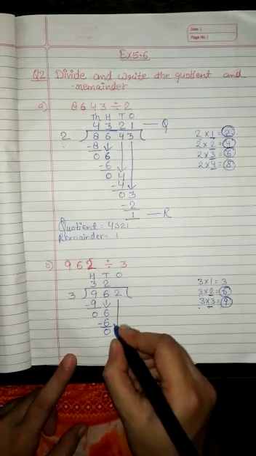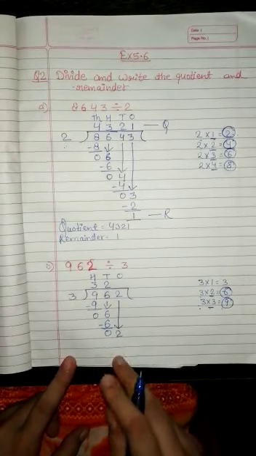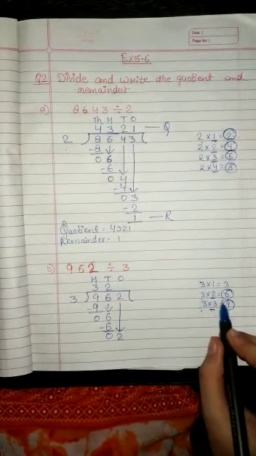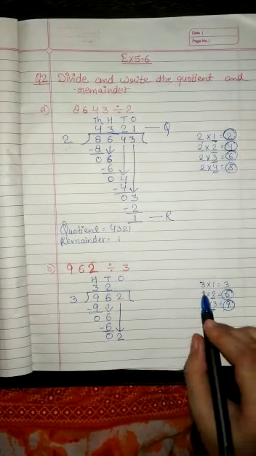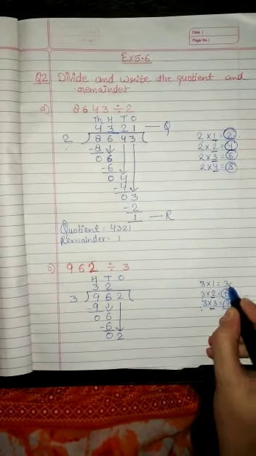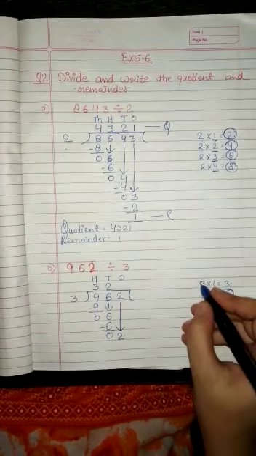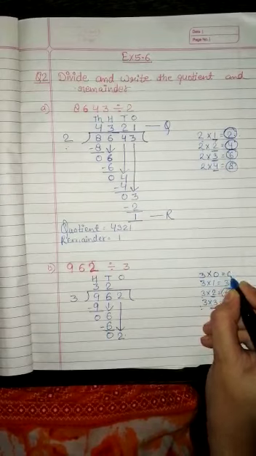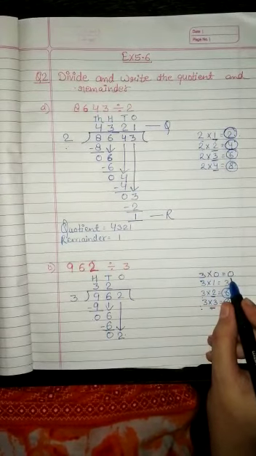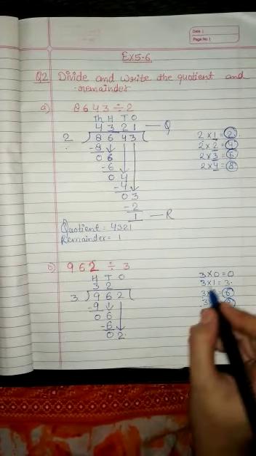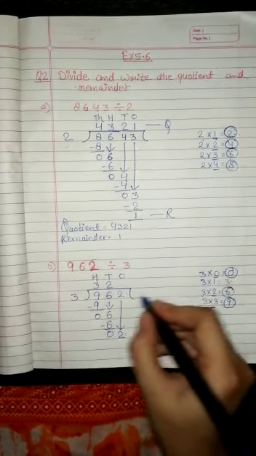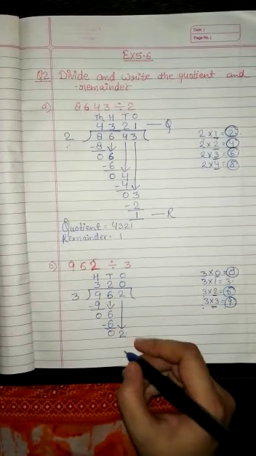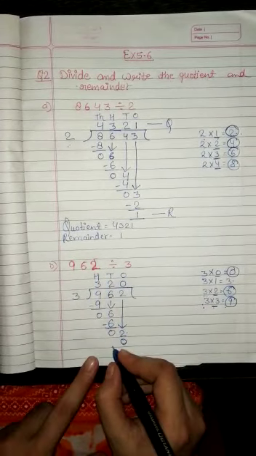Okay, now we'll bring down the next digit. What is the digit? The digit is 2. Let's read out the table of divisor again. 3 1s are 3, 3 2s are 6. Okay, 3 1s are 3. 3 जो है वो 2 से बड़ा है. Okay, so what will we do, we'll read 0 times. 3 0s are 0. हम कितने टाइम्स लेकर जाएंगे, 0 टाइम्स. 3 0s are 0. So we'll write 0 in ones place. We'll multiply with 3. 3 0s are 0.